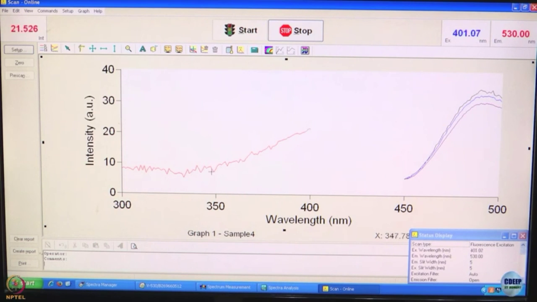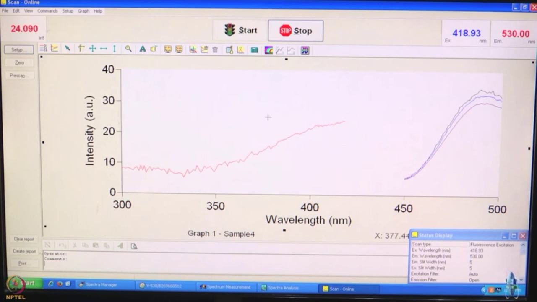So, for dilute samples in which the ground state is absolutely homogeneous, we expect that this excitation spectrum is going to be superimposable with the absorption spectrum if they are normalized to the same height.